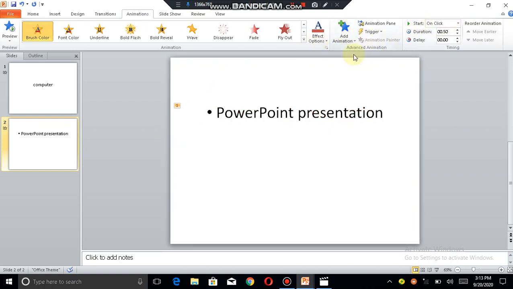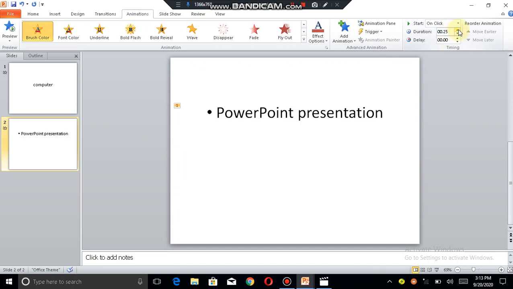Okay, if you want to add animation duration also, then you can choose when an animation starts to play. First, animation can start after a mouse click. If you want to add a mouse click, then you need to use the mouse click option. And if you want to specify the length of animation, then you can add animation duration. And if you want to delay, if you want to play the animation after a certain number of seconds, then you can use it.